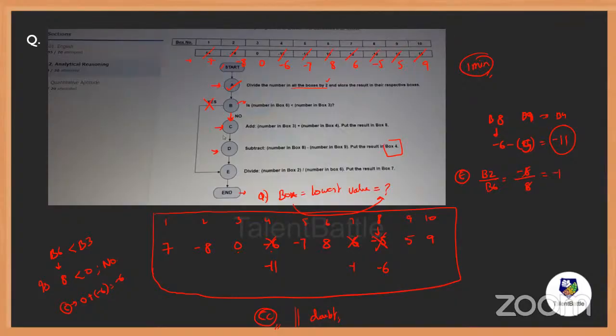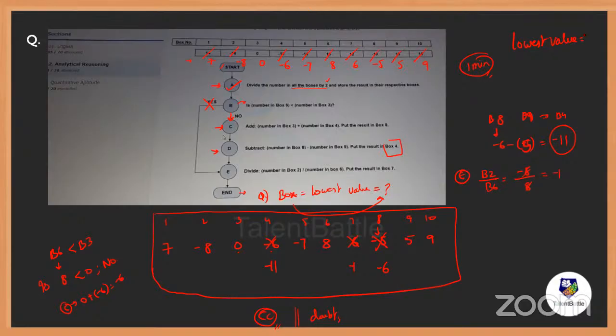Right, everybody? Now, the question is, what is the lowest value, and in which box? Everybody, you tell me, what is the lowest value of all the numbers we have here? Come on, everybody, quick. Tell me the lowest value first of all.